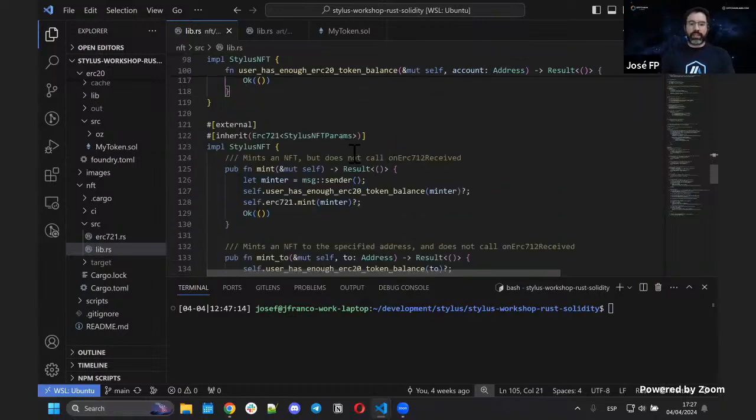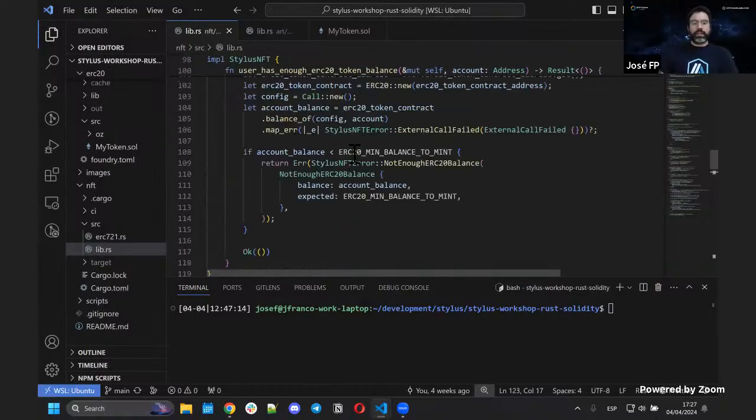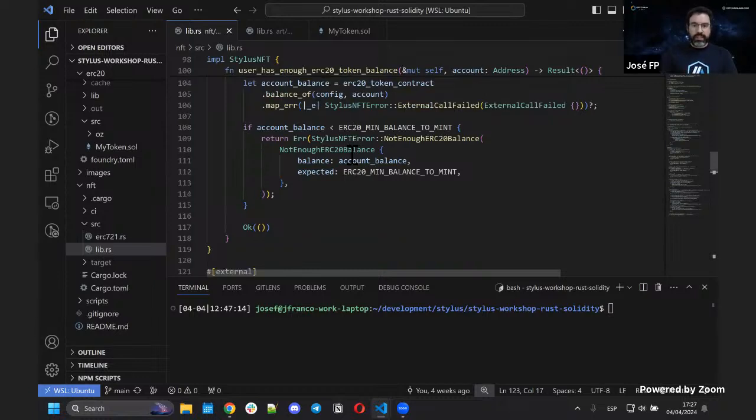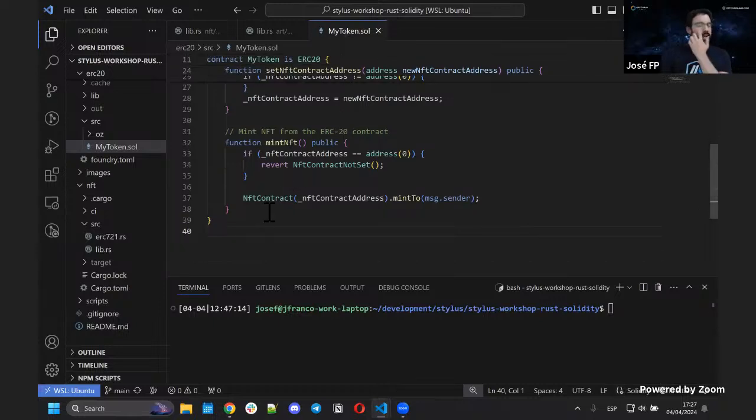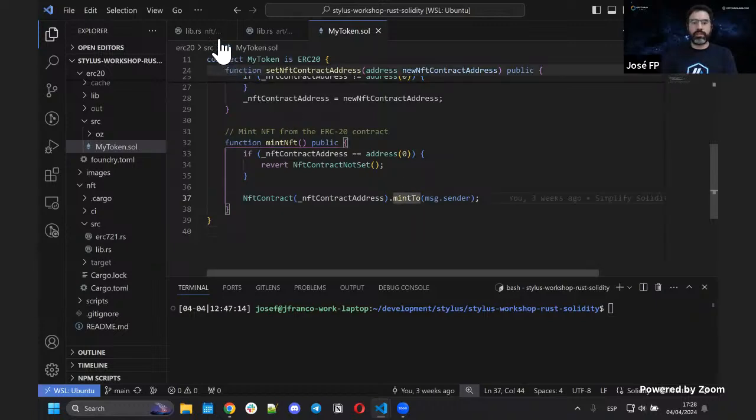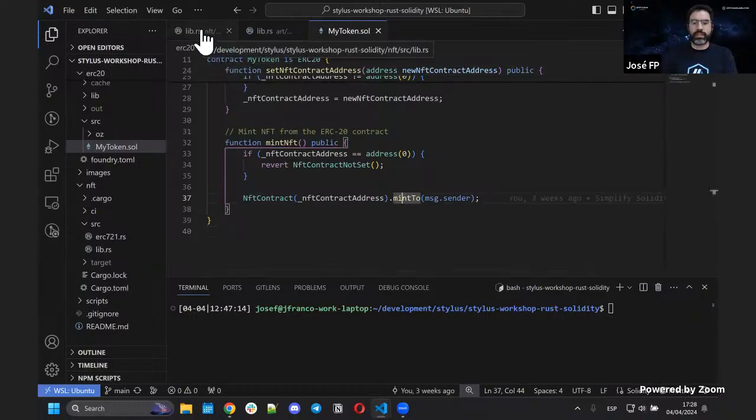So yeah, I have time to explain one last thing. There is one more interaction that we can see here: if we go to the Solidity contract, we can also mint an NFT from here, right? To mint an NFT, we've imported the interface for the NFT contract, and we call the mint2 function, which does the same thing as the mint, but we just send the address where we want to send that NFT, right? So if we check this mint2 function in the NFT contract,